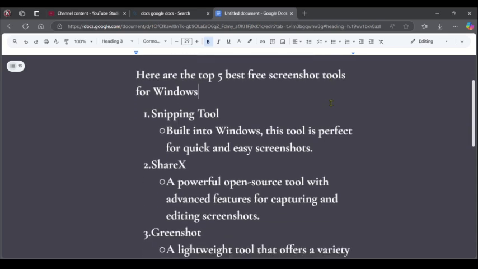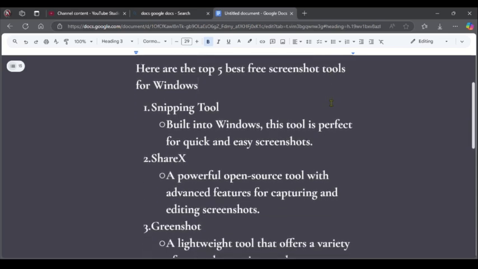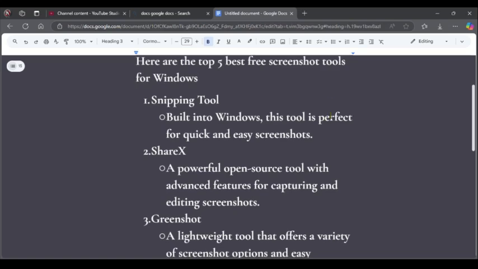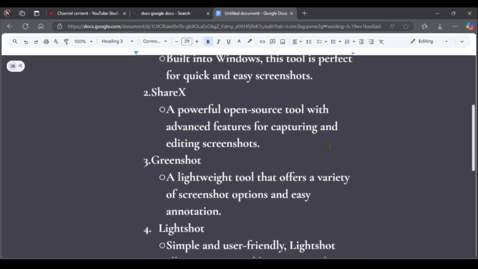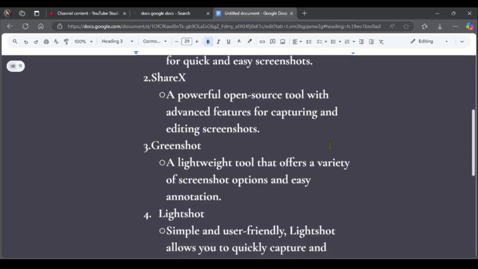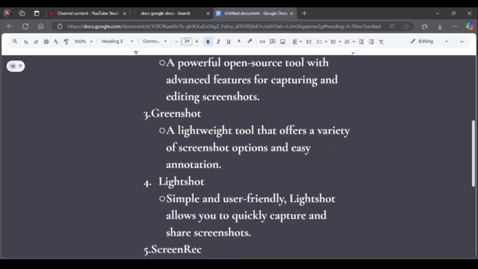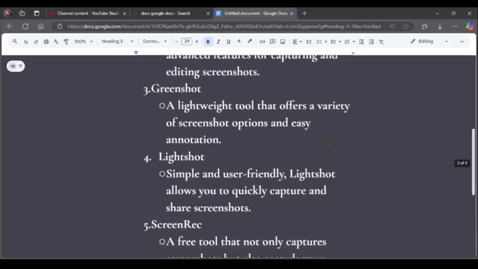The first of the top 5 is Snip Tool. Snip Tool is also an inbuilt Windows tool and it is perfect for quick and easy screenshots. You can also use ShareX, a powerful open source tool with advanced features for capturing and editing screenshots. You can also use Greenshot, which is a lightweight tool and offers a variety of screenshot options and easy